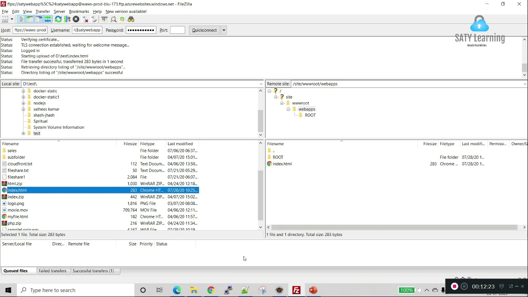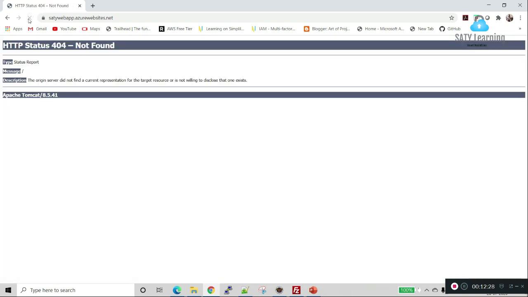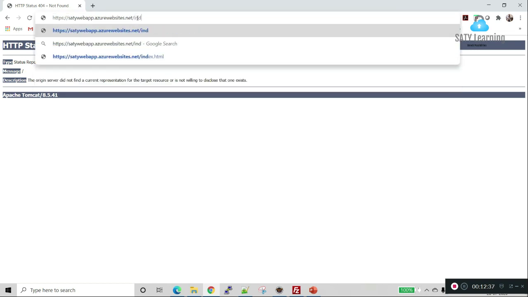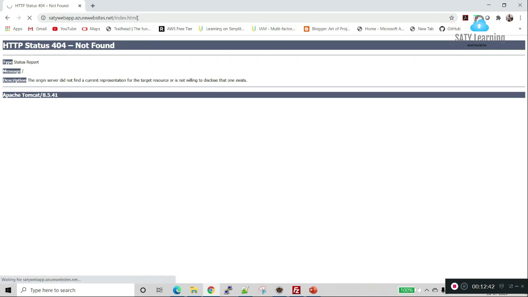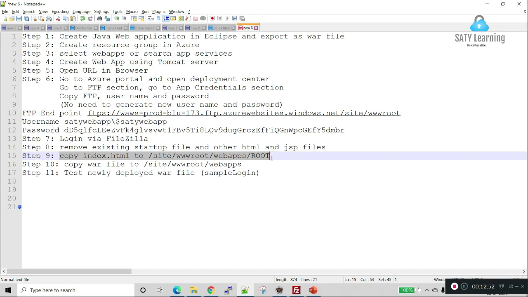Now we will go and refresh the page. It will take a few minutes. We need to copy the index.html to root. It will take a few seconds to reflect in our web apps.